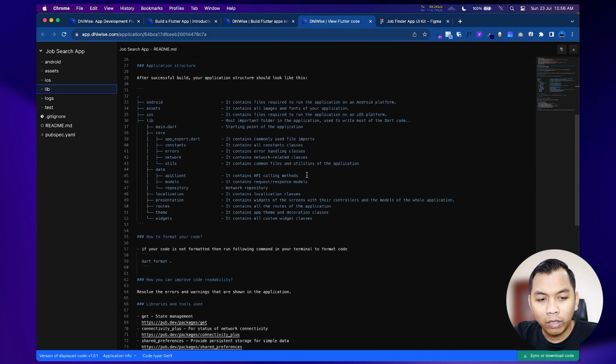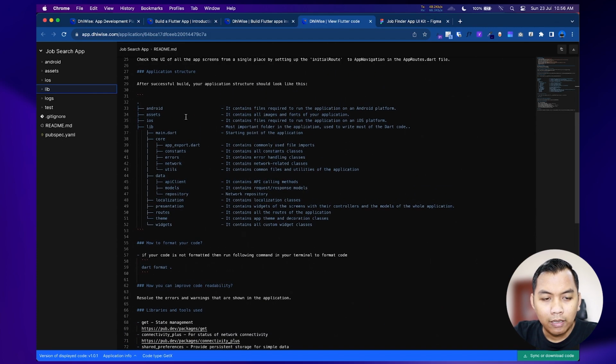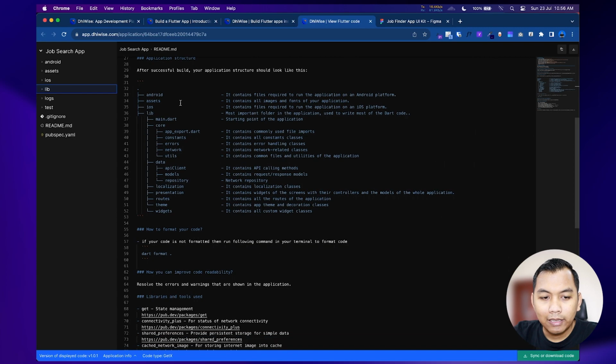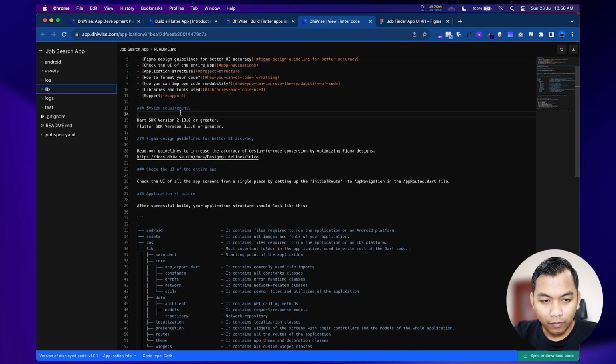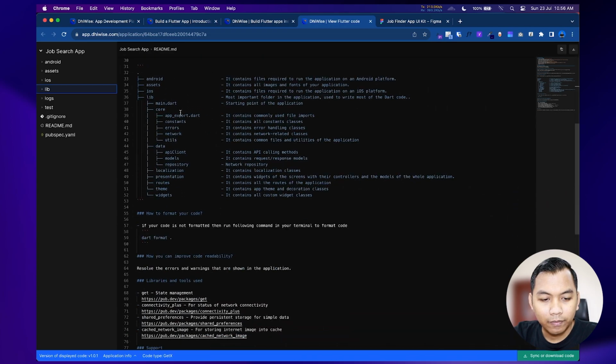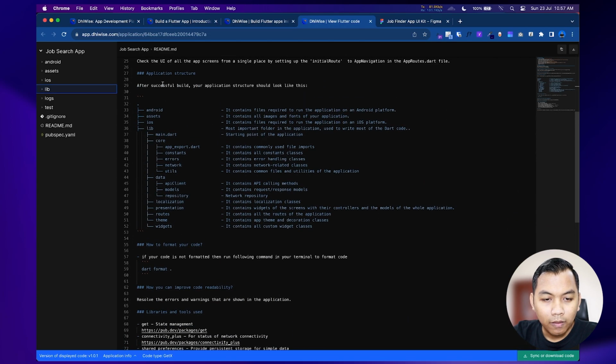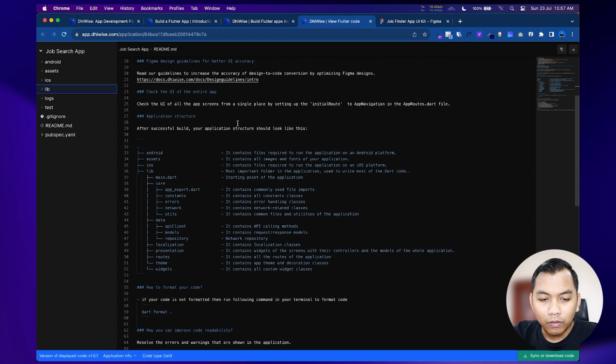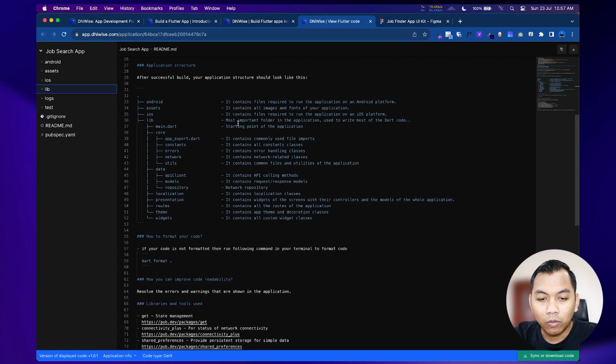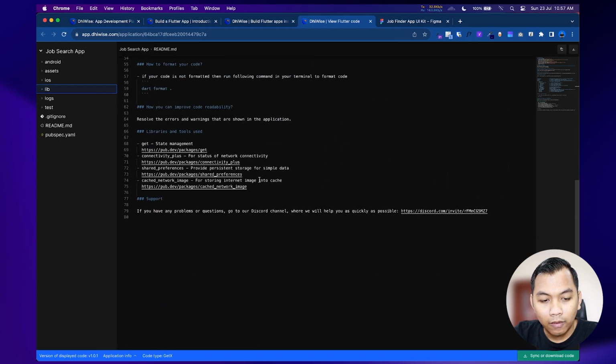So this is the README file, and we can read the documentation here, such as what the application structure looks like for GetX state management. Here we will see core, data, localization, presentation, and so on.